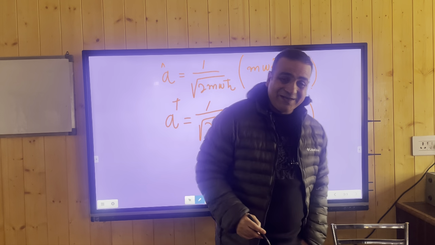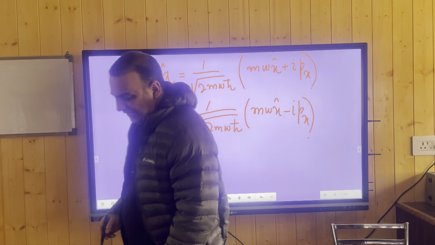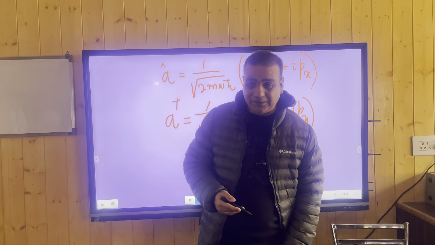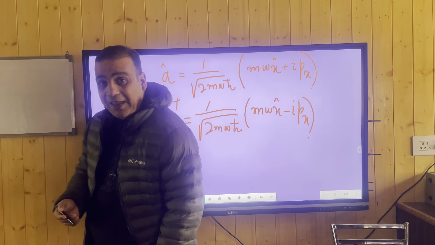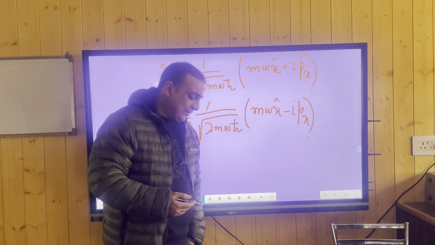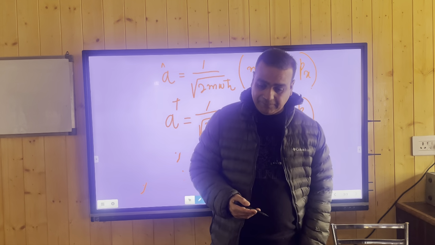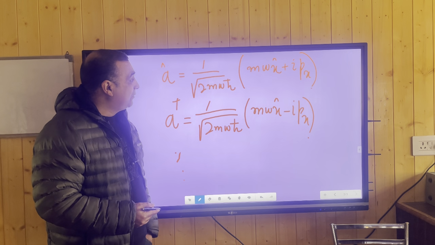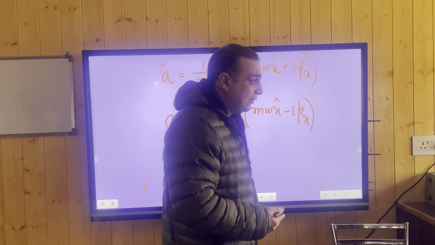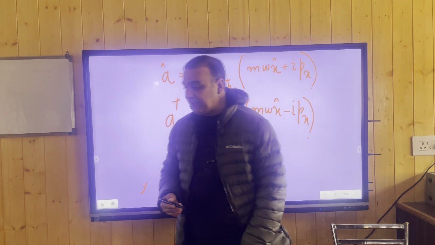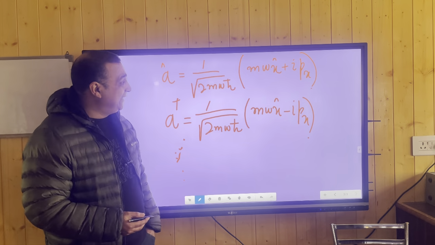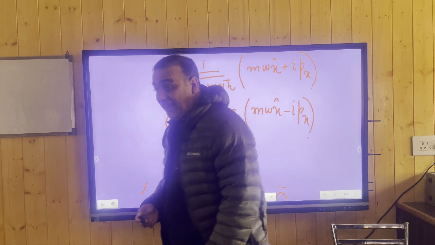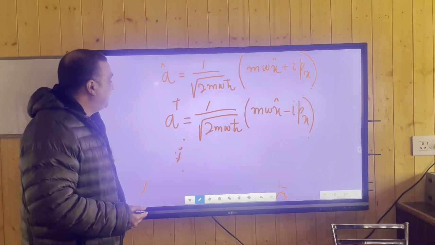We would like to manipulate these equations to obtain some of the results based on the position of the harmonic oscillator problem and the momentum of the harmonic oscillator problem. While doing that, we would automatically reach our target, which is to attain Heisenberg's uncertainty principle from these creation and annihilation operators.